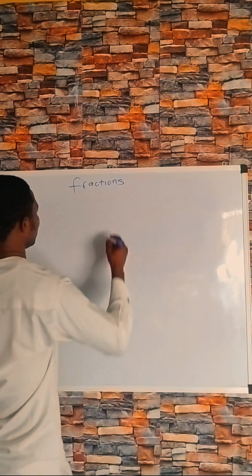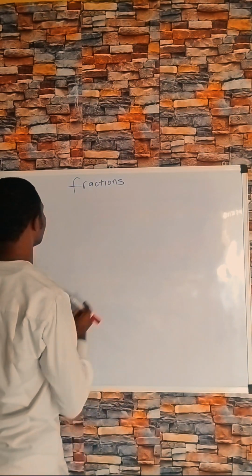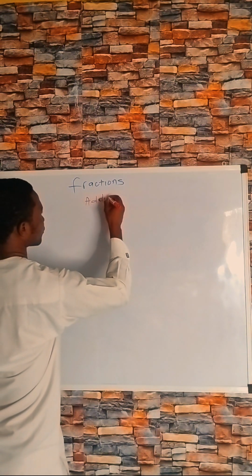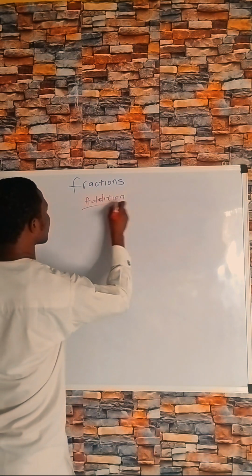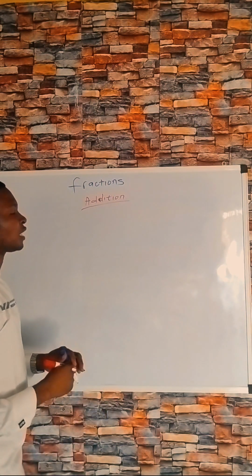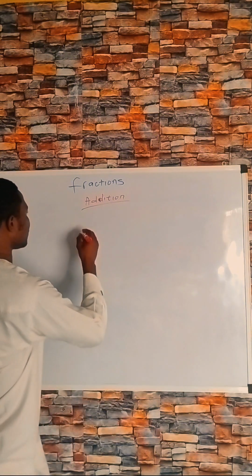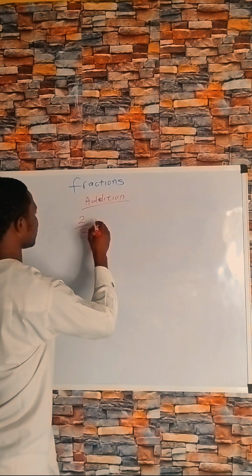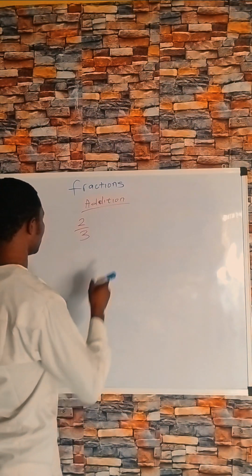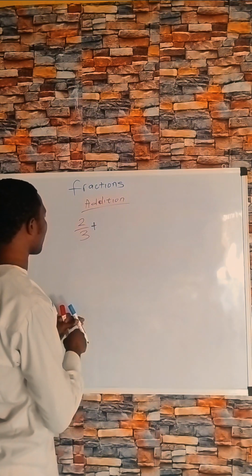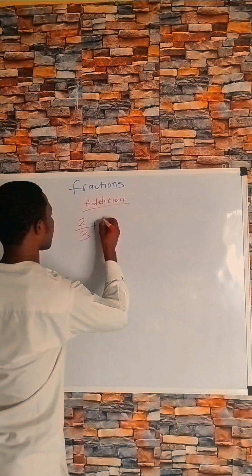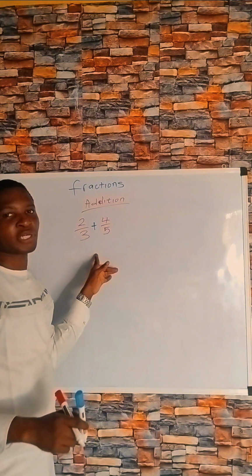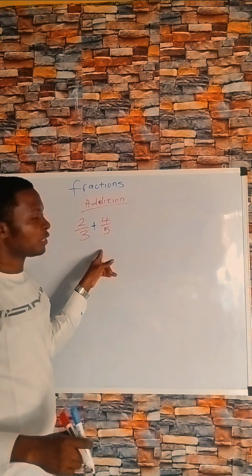So let's start with addition of fractions. Addition. So how do you add fractions? Let's take for instance 2 over 3 plus 4 over 5. So to add a fraction, the first thing you need to take note of is